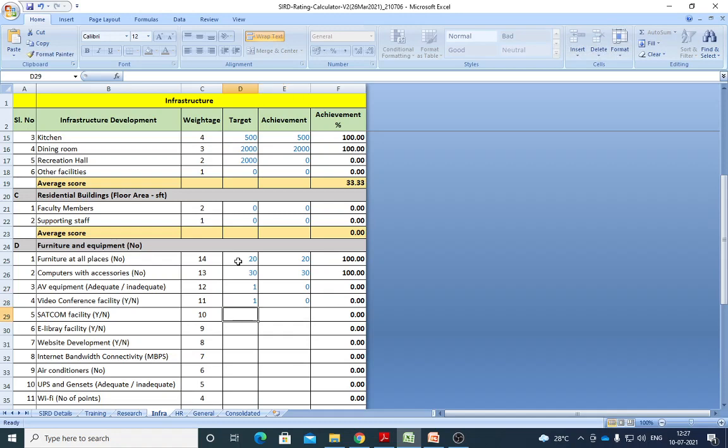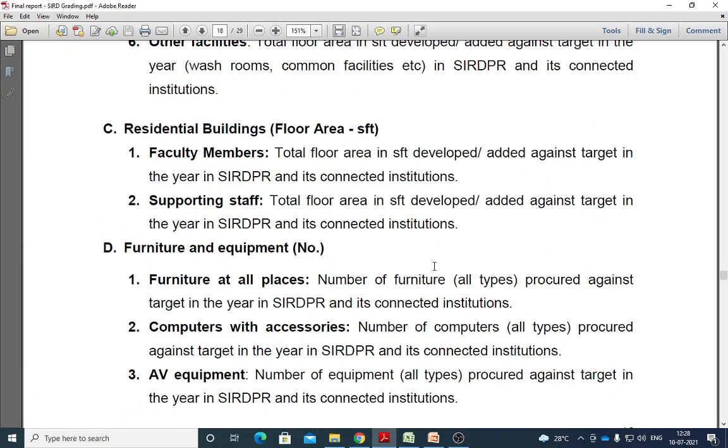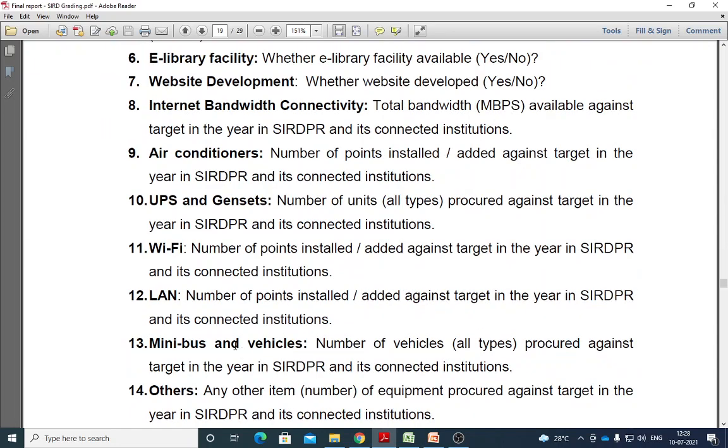And video conference facility, I got approved, but I could not get it. If you have nothing, you put 0. SATCOM facility is not sanctioned, so I am putting a 0. E-library, yes, I got one, but I could not get it, so 0. Website development, yes, I have a plan, so you can put it. I already implemented that. And internet bandwidth, you can put 100 Mbps. Please make sure here it is clearly given in Mbps, and you can also take these notes, where it is clearly explained how much facility and what exactly this information is. So you can go through this information also. It will tell you how many Mbps you targeted.